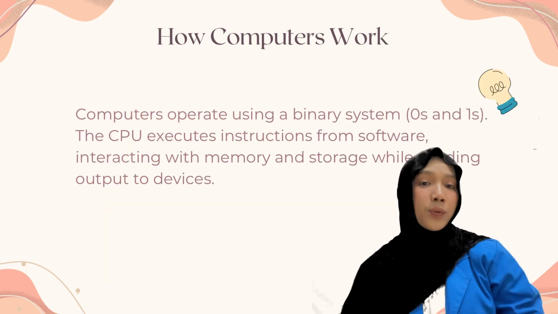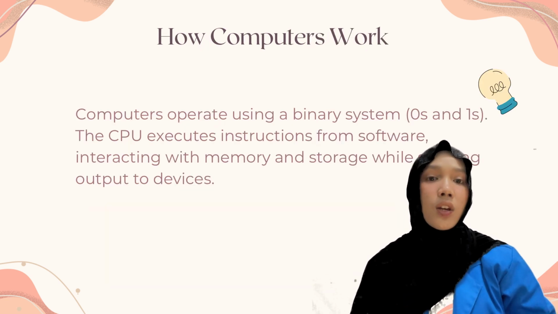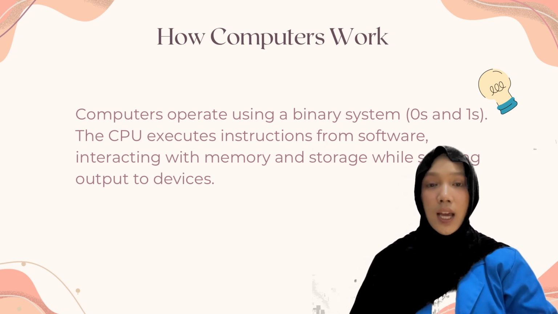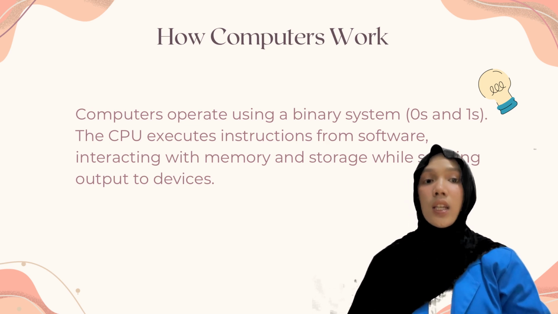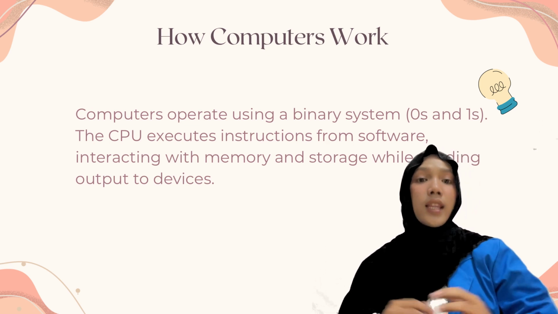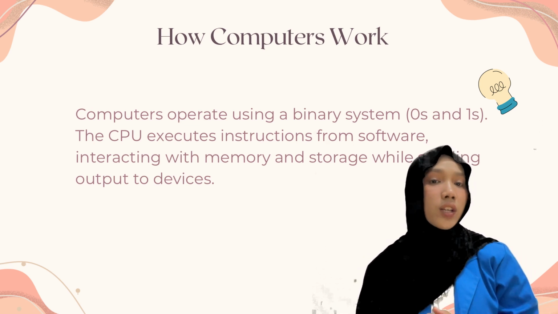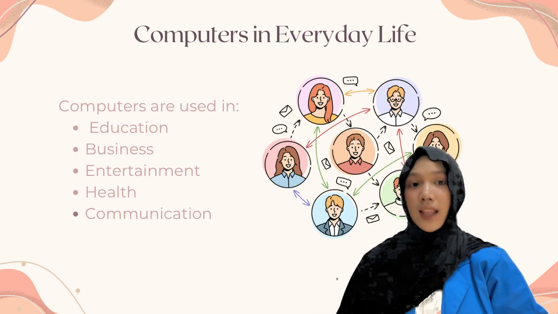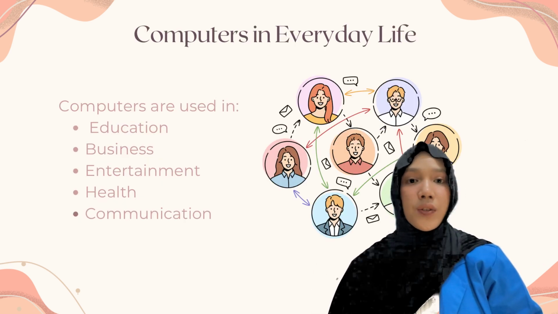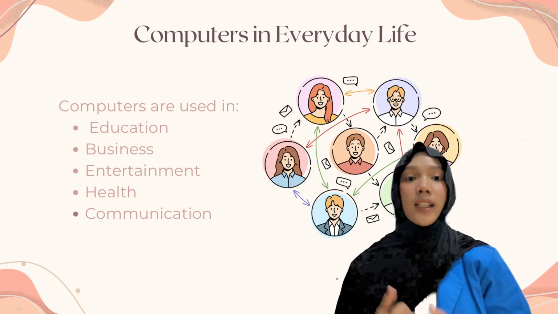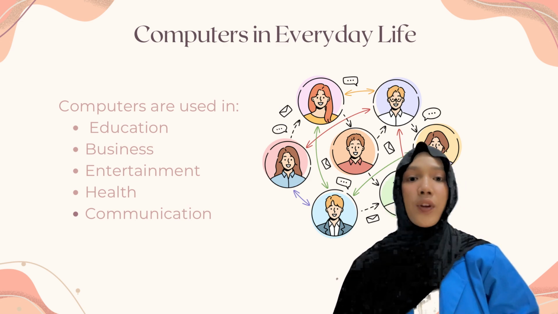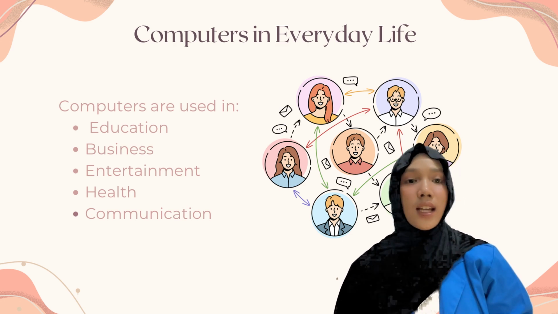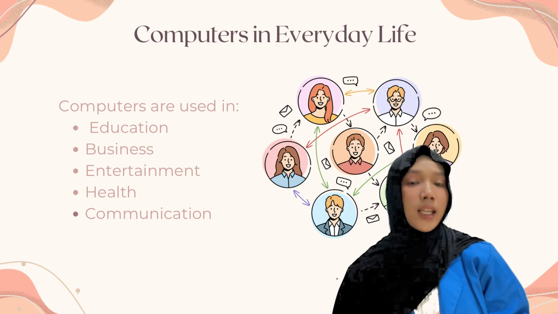Next, how computers work. Computers operate using a binary system, 0 and 1. The CPU executes instructions from software, interacting with memory and storage while sending output to devices. Computers in everyday life. Computers are used in education: online learning, research, programming; business: data management, financial transactions; entertainment: gaming,